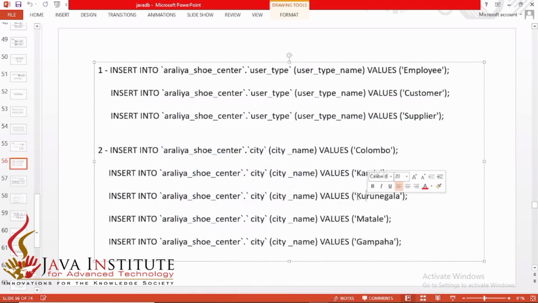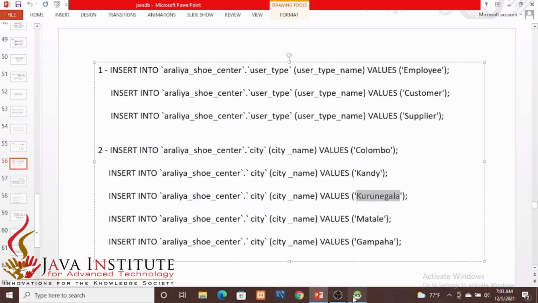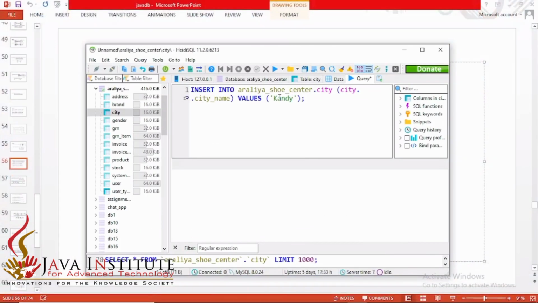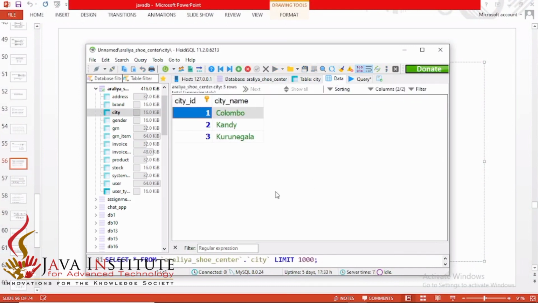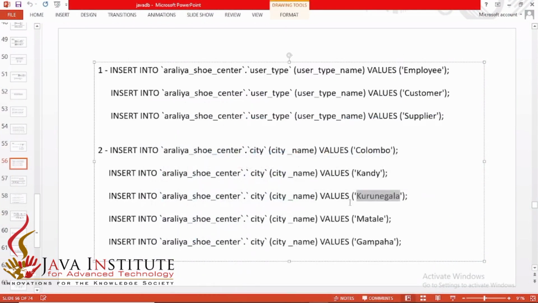So again I'm copying it from here and pasting it in this query also. After executing, affected rows 1. Again refreshing, so you can see the third data row has been added, and here the fourth one